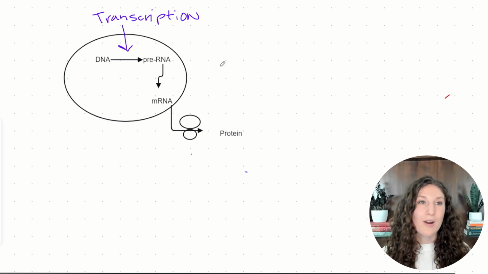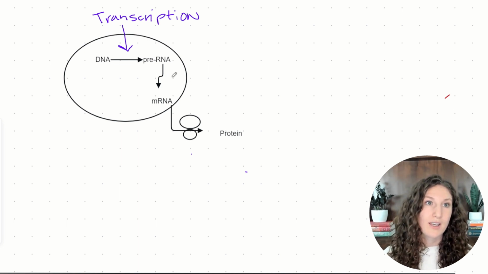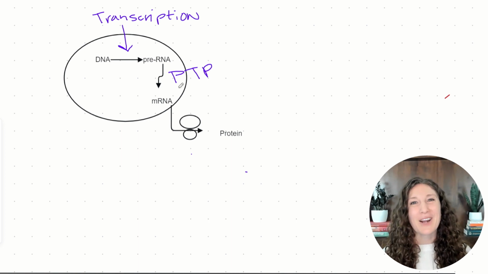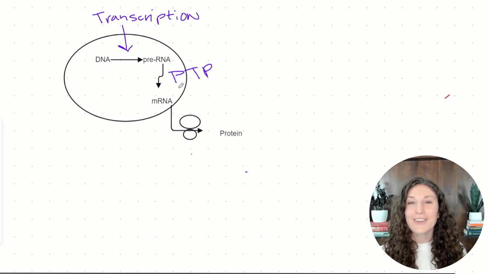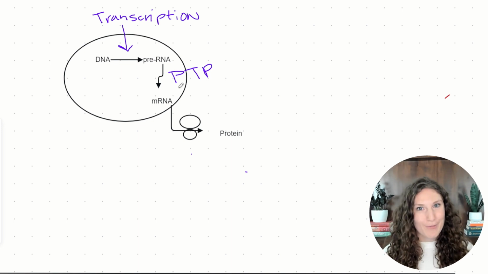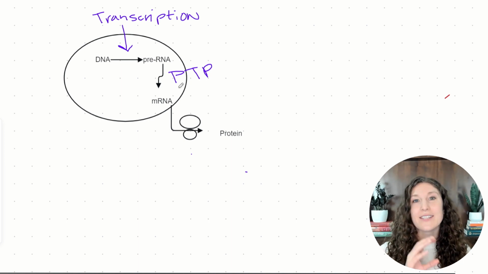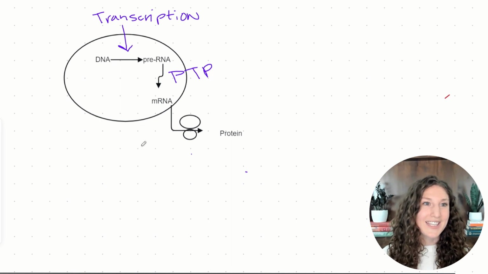Before it becomes mRNA, it goes through what's called post-transcriptional processing. I'm going to just write that as PTP here. All right, post-transcriptional processing is only in eukaryotes and includes things like splicing out the introns, adding a 5' methyl cap, and adding on a 3' poly A tail. All of this is to say we go through this pre-RNA to mRNA sequence in the nucleus, and then it's messenger RNA, it's mRNA ready to be translated